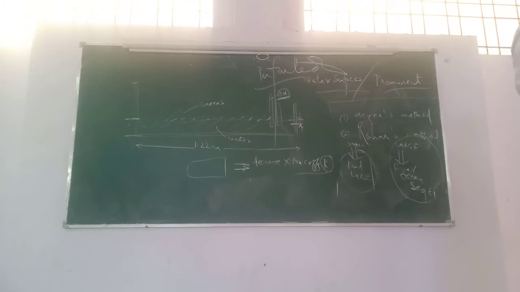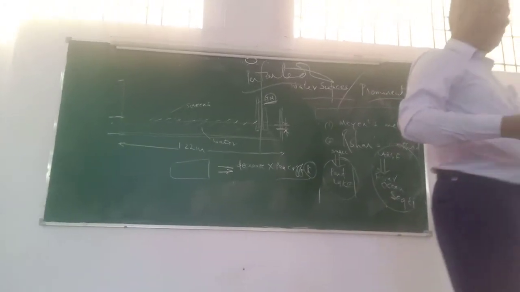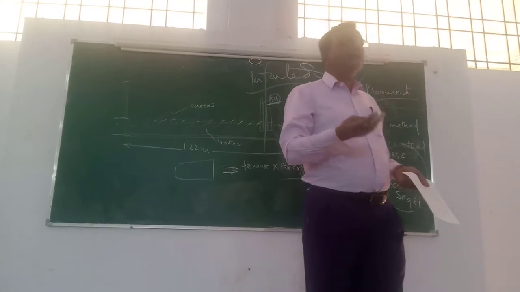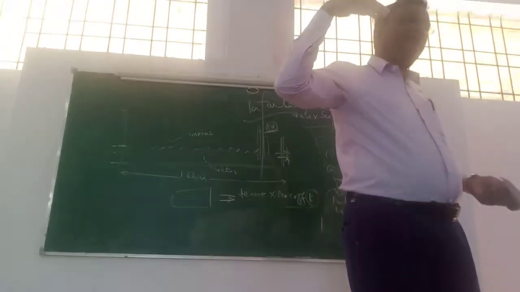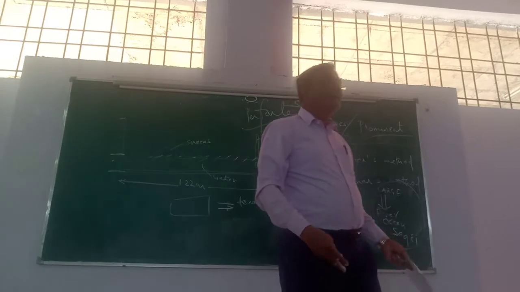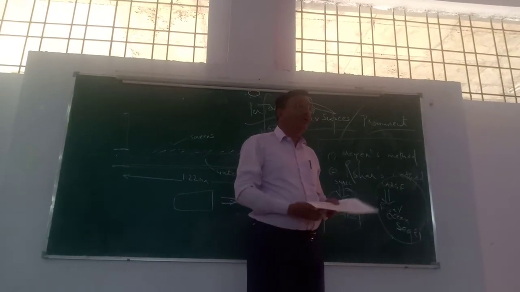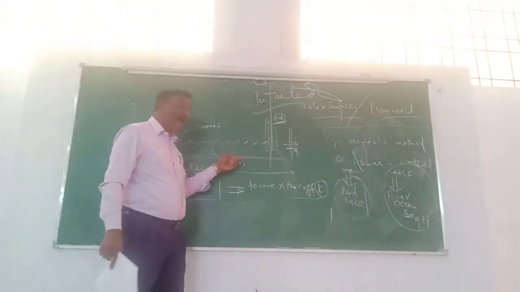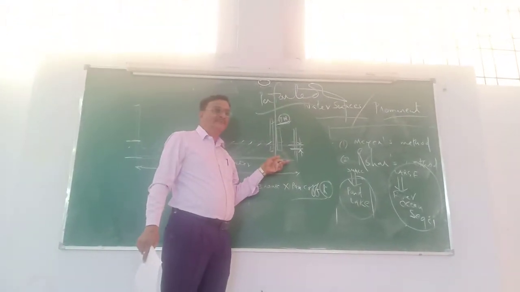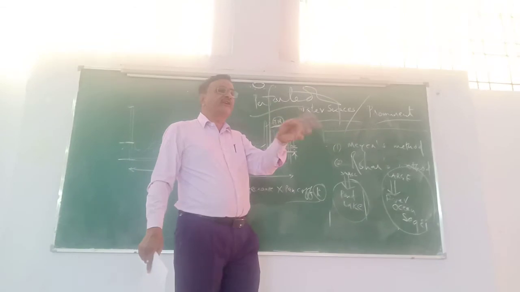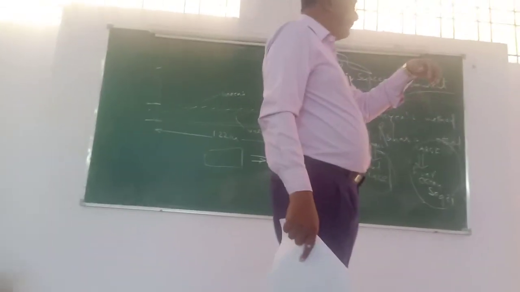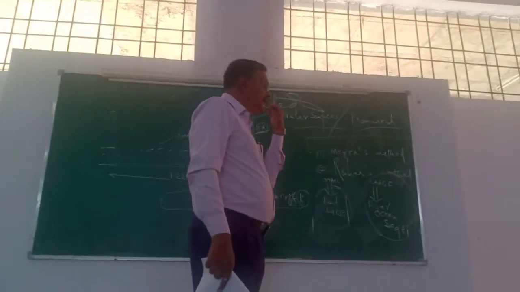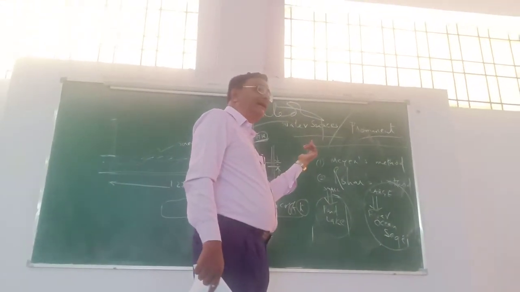So again, if the evaporation is so severe in a particular day that the amount of water put into the tank completely goes, then what you have to do? If you want to measure once again, you have to again put the water into that and measure the original level of the water. So that will give you the difference in the water level before placing the water and after the evaporation takes place.